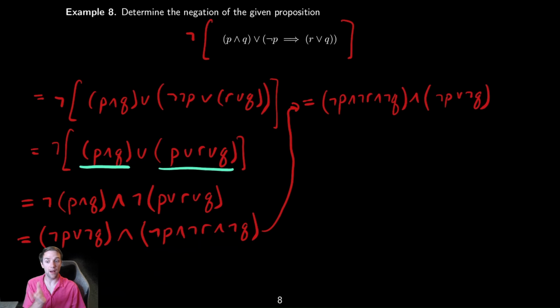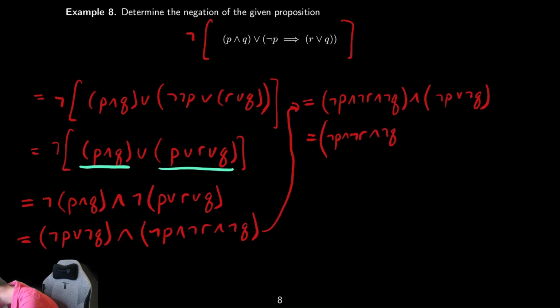This is this idea of commutativity. A times B is the same as B times A. We're doing that exact same thing here, but with ands instead of multiplications. And then we're going to distribute that huge chunk in the parentheses into the smaller thing. So this is equal to, we have the first thing, not P, and not R, and not Q, and not P, or the same exact thing, not P and not R and not Q, and